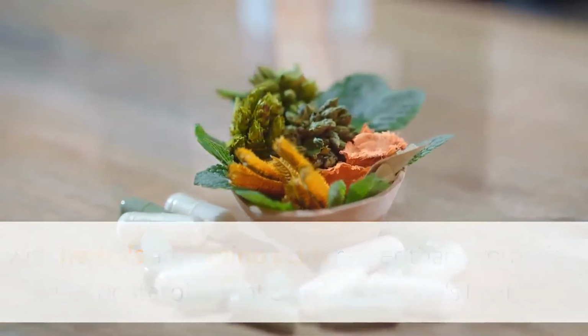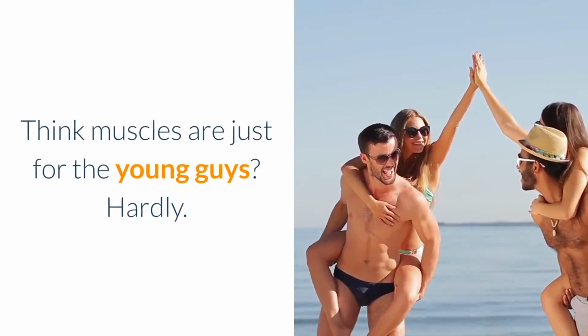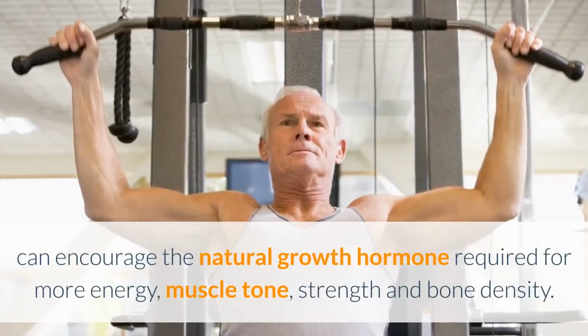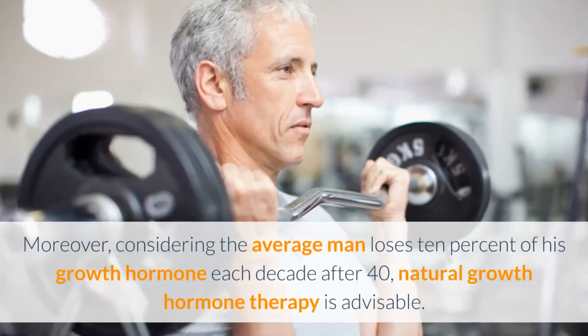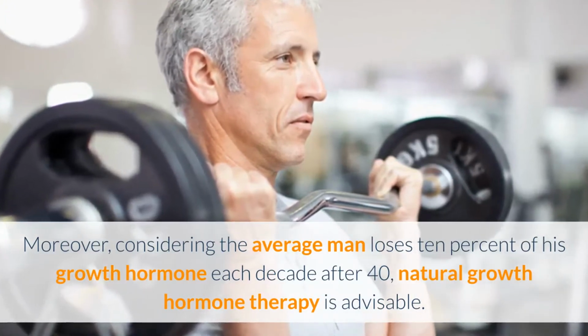For the baby boomer. Think muscles are just for the young guys? Hardly. For older men, an HGH releaser designed for muscle growth and development can encourage the natural growth hormone required for more energy, muscle tone, strength and bone density. Moreover, considering the average man loses 10% of his growth hormone each decade after 40, natural growth hormone therapy is